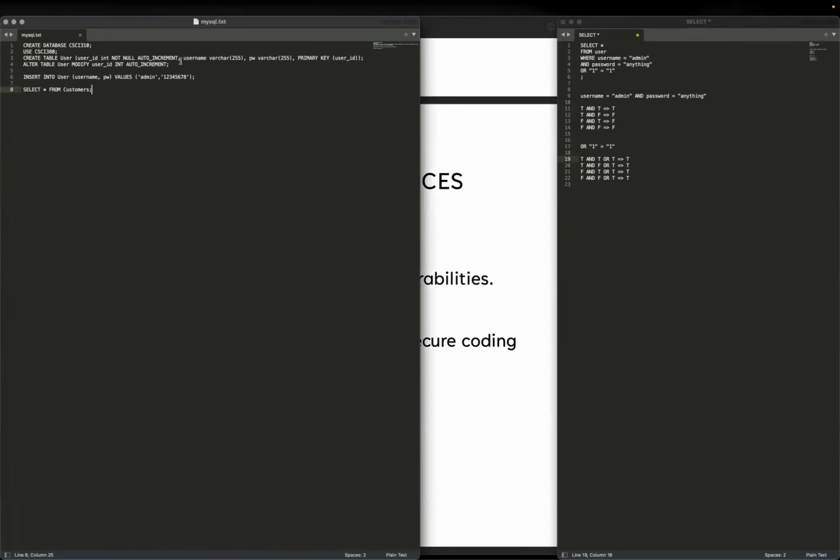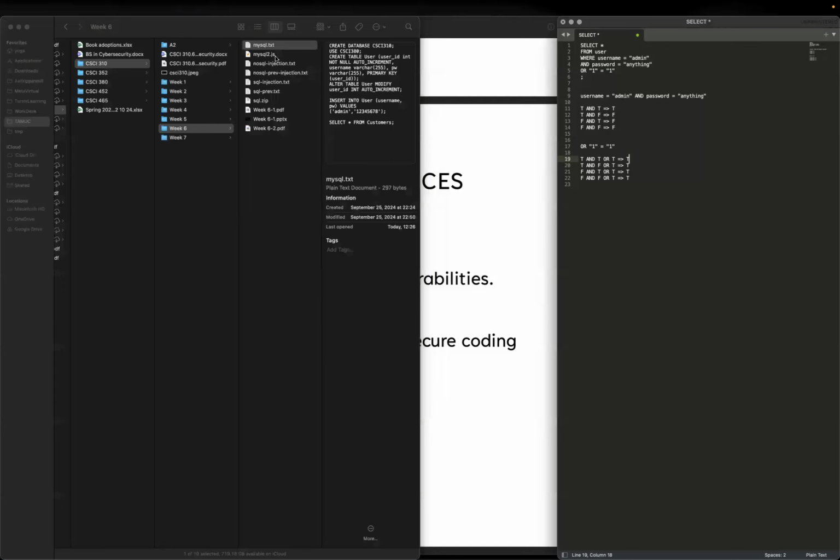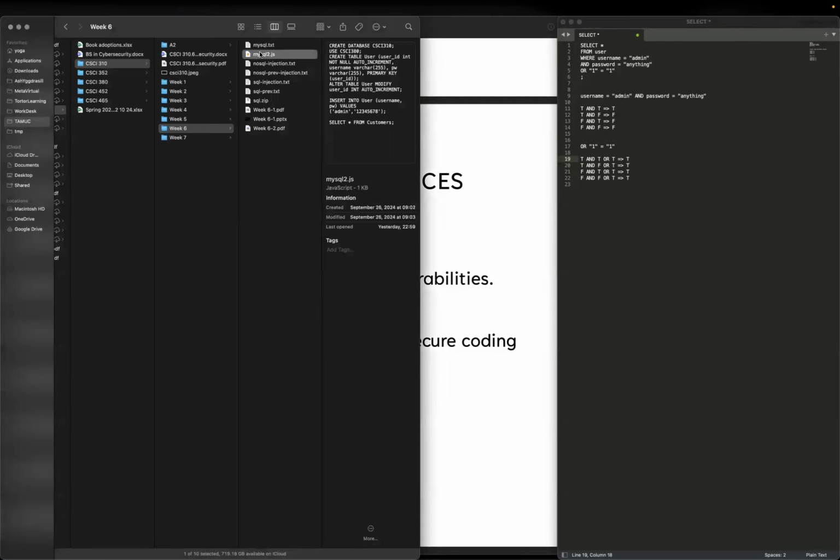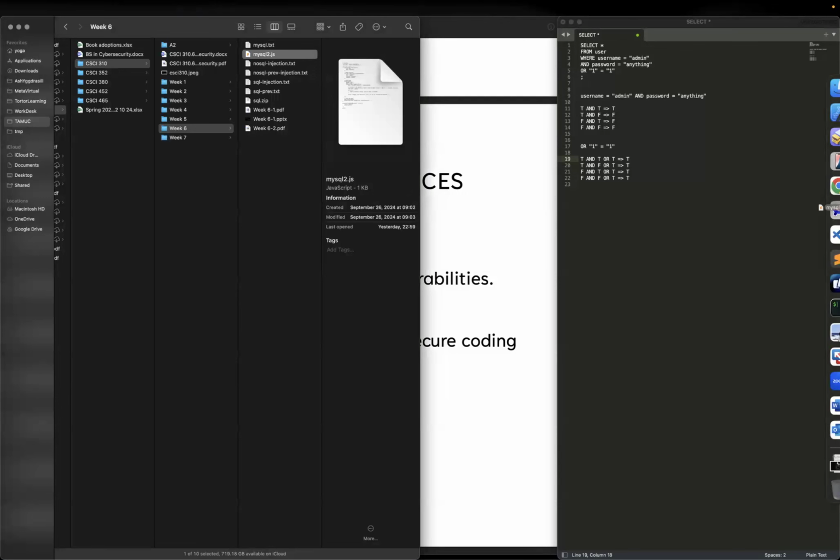Okay. So the first statement is, you can create the database and then change it and create this one. You will see we create a table user, and then we give the username and password as a basic, and then we input an admin with the default password. So if you need a sample, you can inject this one to create your folder and your database tables. And the next,